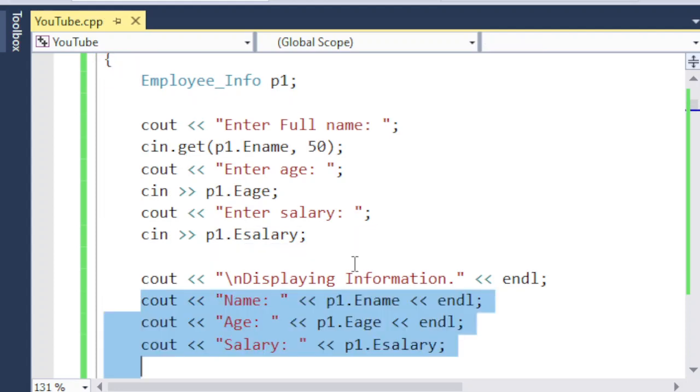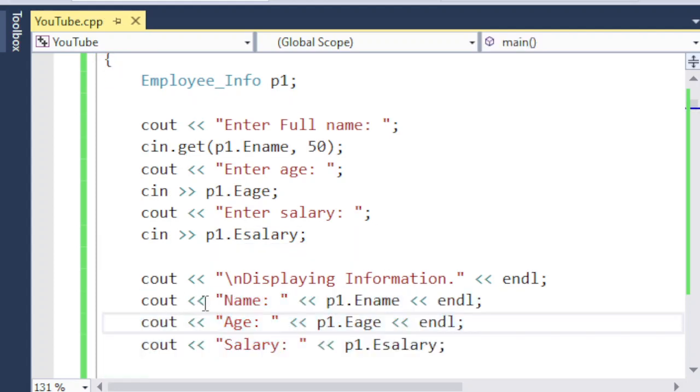So now I want to display them. Simply cout name, p1 dot name, employee name, age, and then salary. So if I run this code,